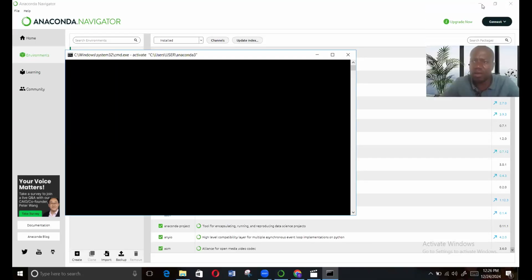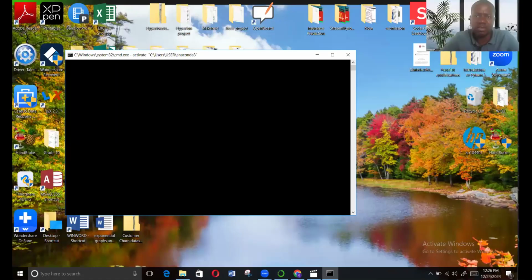This is our command prompt. So let me just try to zoom it. This is our command prompt for the system where I'm working on. So you can easily see that it is showing that I'm on the base environment. So what I will do, ladies and gentlemen, remember I said if you want to run the Streamlit